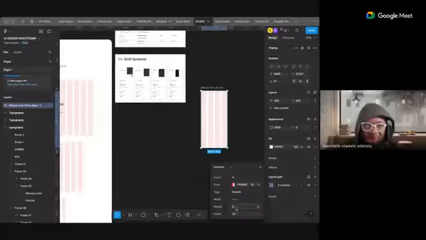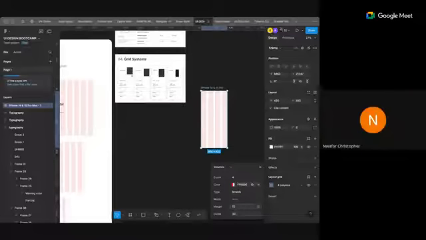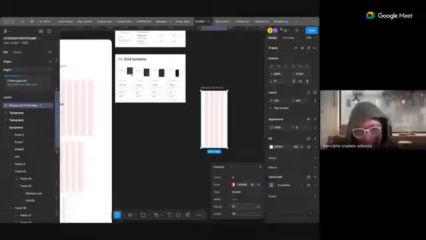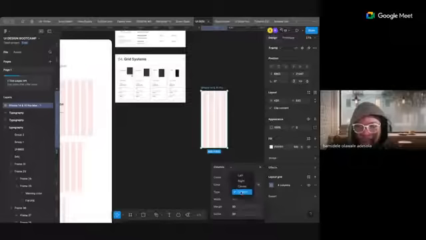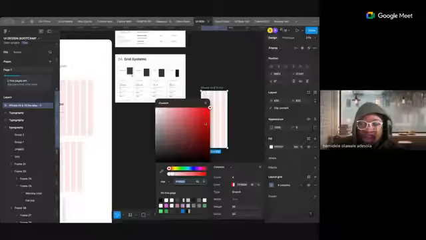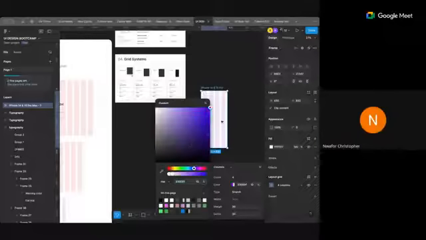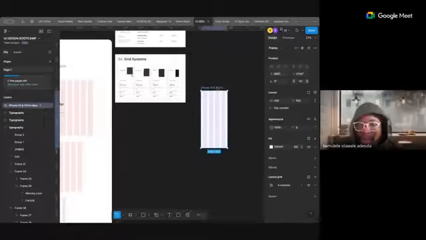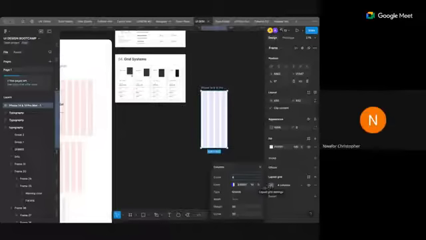Or let's say 30. And you can decide to change the color. It's not that red is default, but it's just that people are already used to it. It's strange if I see a grid that is in